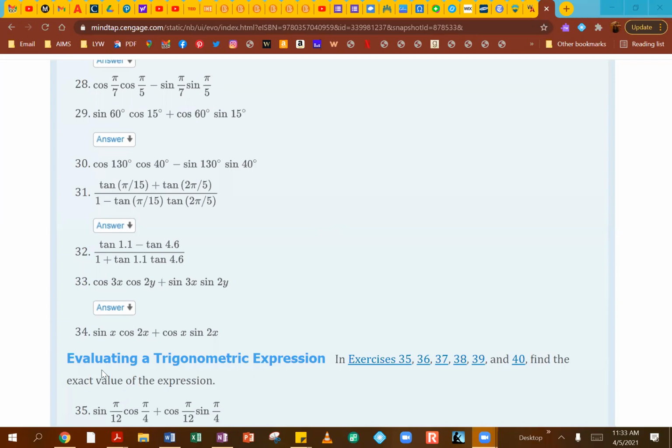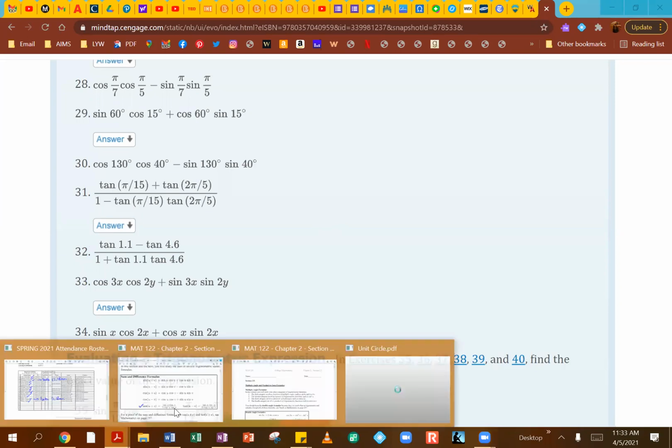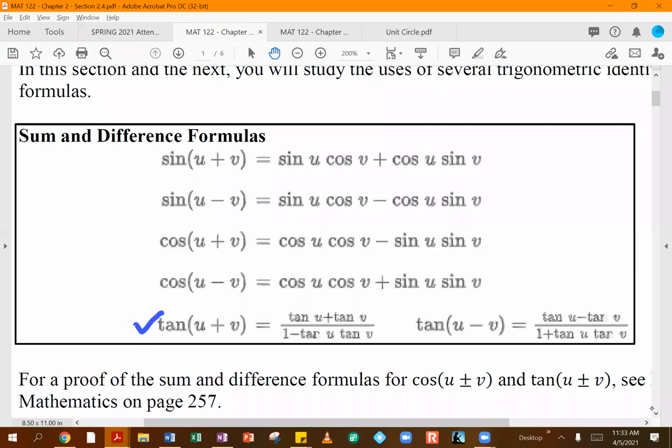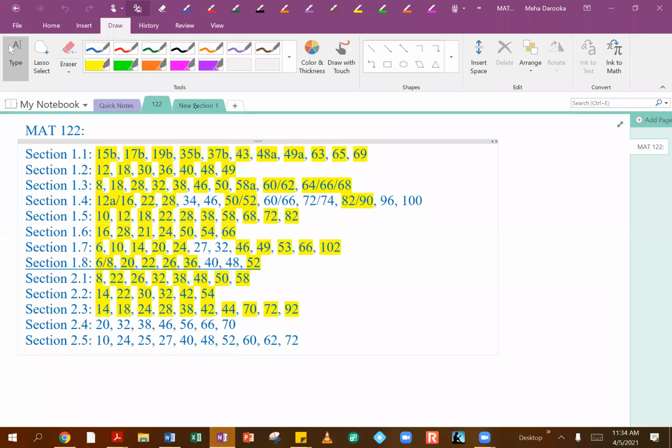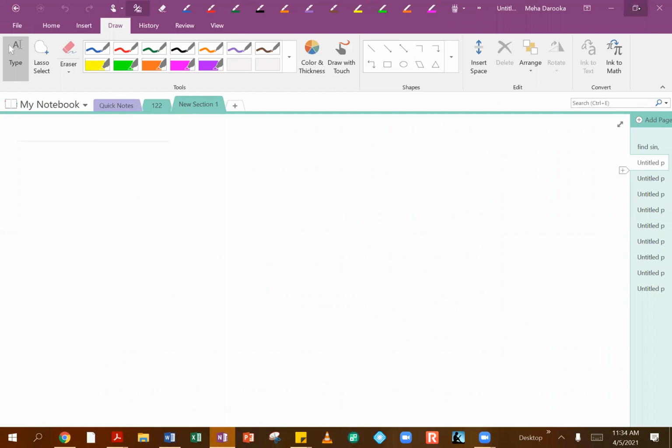So minus on the top, plus on the bottom. And that definitely comes from your tangent of u minus v function. So this is the function that you're basically given, and we have to simplify it and put it into this single tangent form. So for number 32 over here,